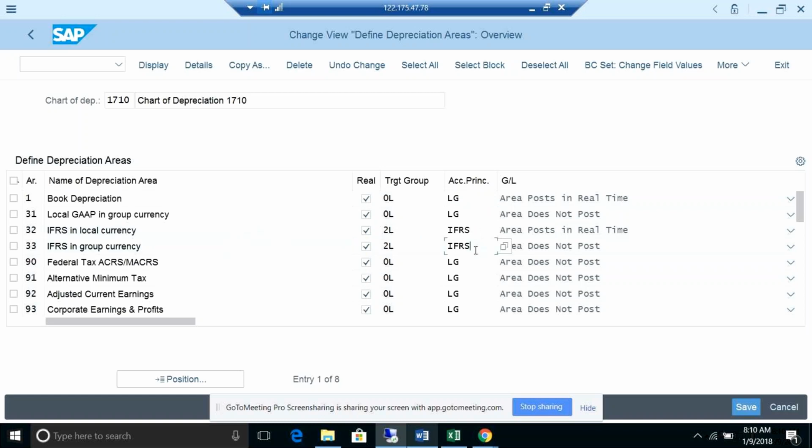This is my requirement, and for tax purposes I wanted to report for accounting principle LG and the alternative minimum tax, adjusted current earnings and corporate earnings, whatever the requirements. If you don't have them, then we need not go for all these things.